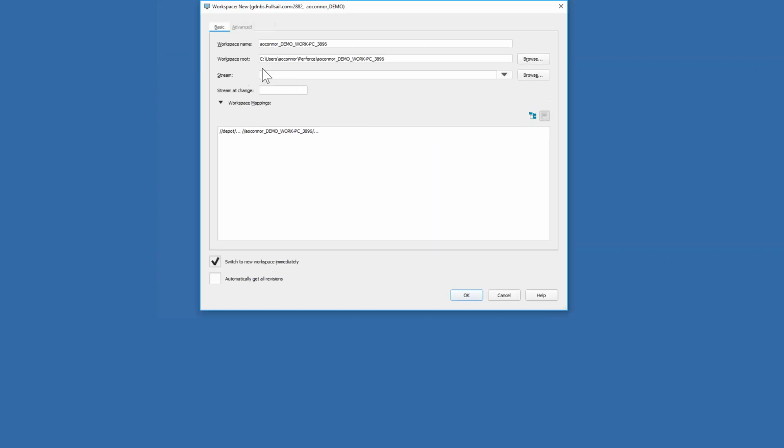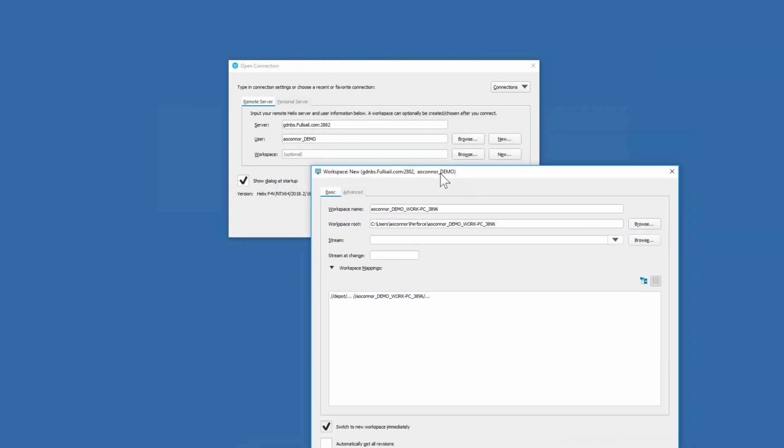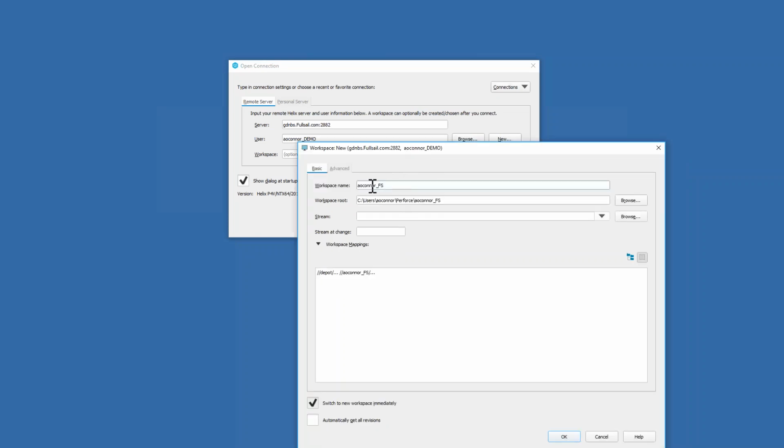A workspace is just a folder on your computer. That's all it is. It's a place that Perforce references and recognizes. So I recommend changing this name, right? Just don't leave this big long string of text at the end. Make this probably just your username _FS or your initials _FS. Keep it something really short. If you've got a long last name or a long username, try and use something shorter just to keep the characters down. We actually have to make sure this file path's not too long, or we have problems opening the